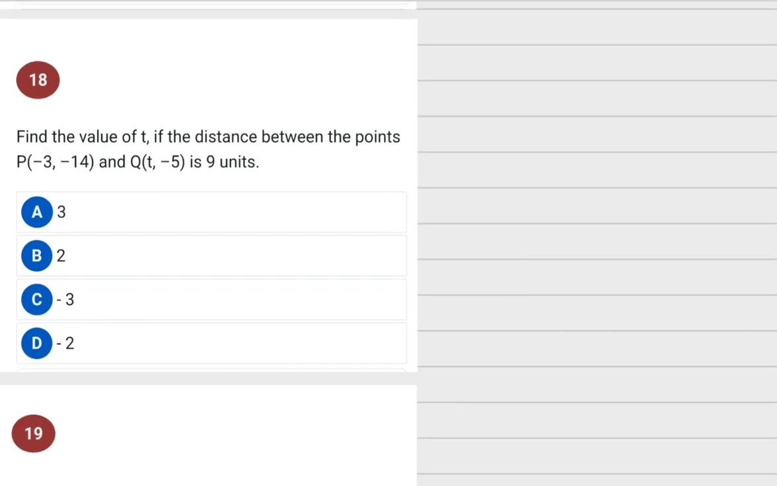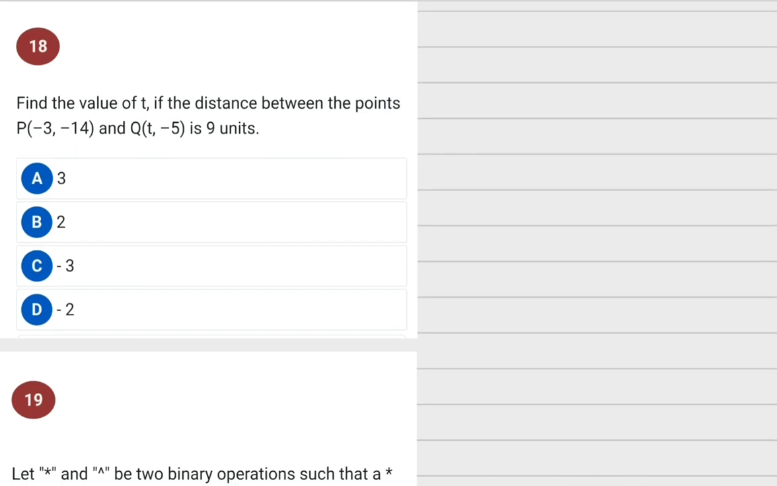Number 18. It says, find the value of t if the distance between point P, which is minus 3, comma, minus 14,